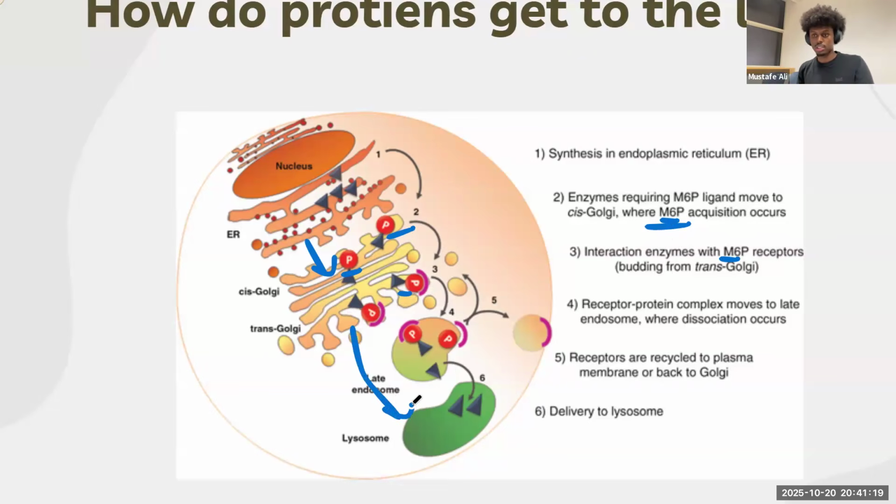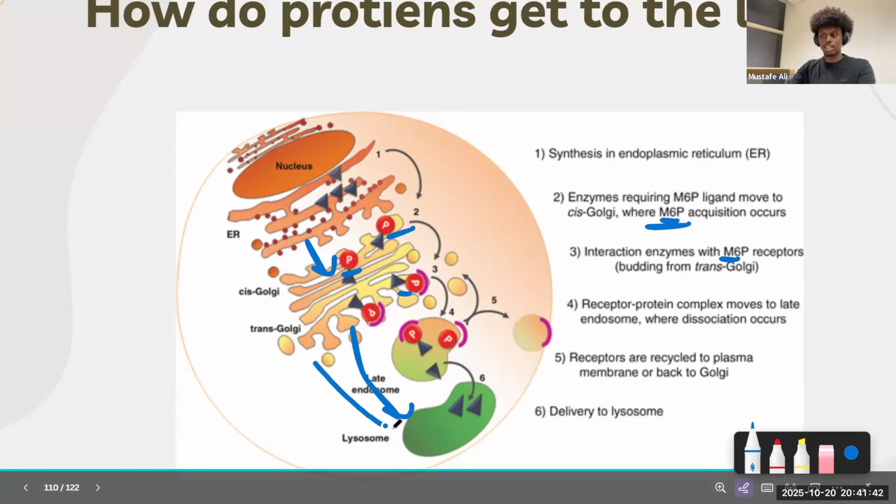What happens first is that the protein is inside the RER. It gets a mannose group added onto it. Once this mannose group is added, it is then transported to the Golgi. Now, what happens in the Golgi? This mannose group is phosphorylated by an important enzyme we'll be talking about in a bit. Once it gets phosphorylated, it will then go towards the lysosome, and now it's at its destination.